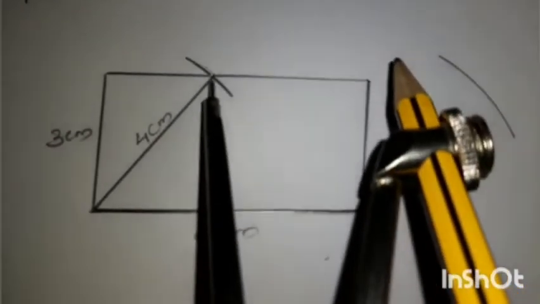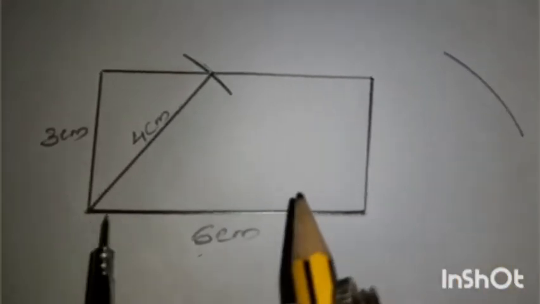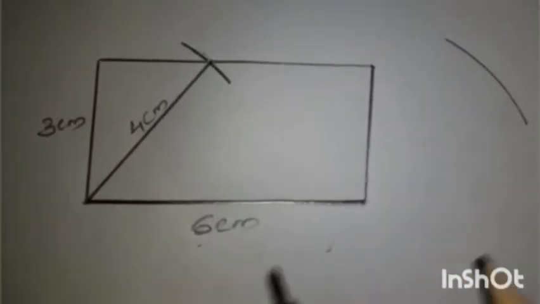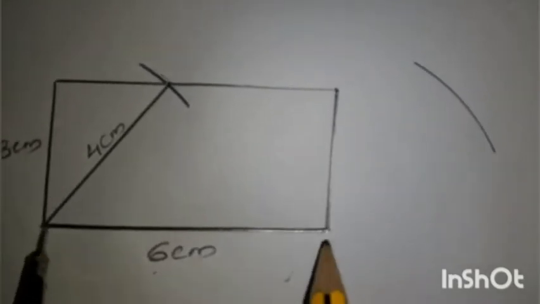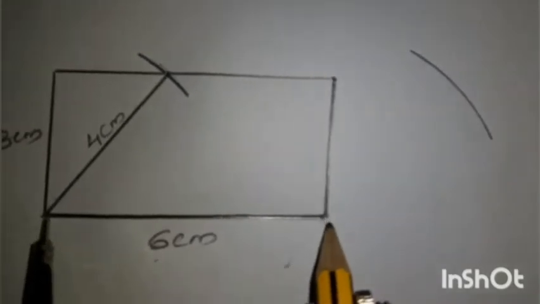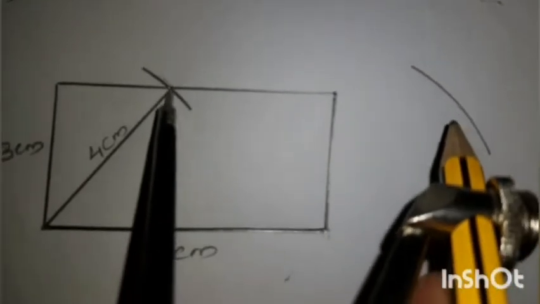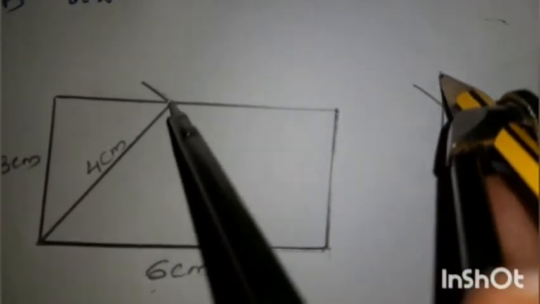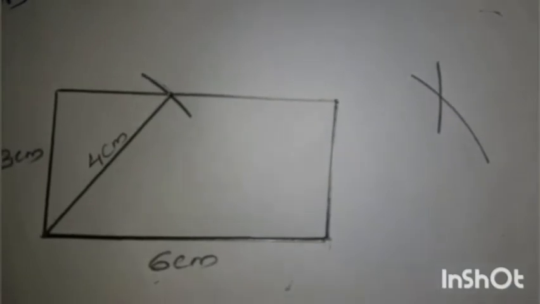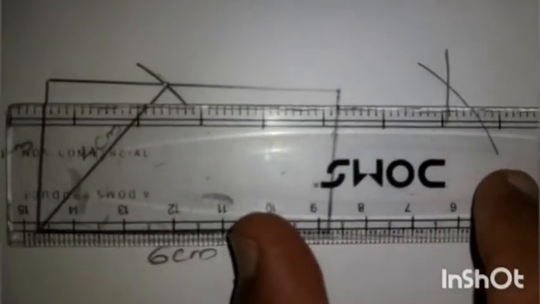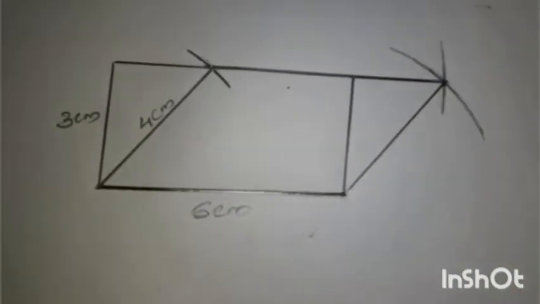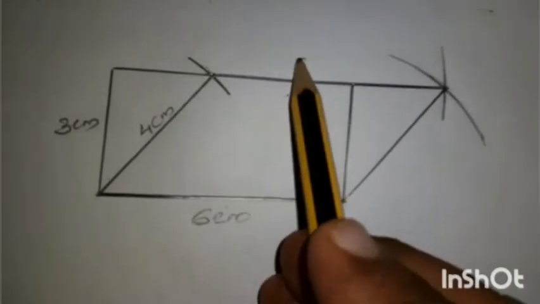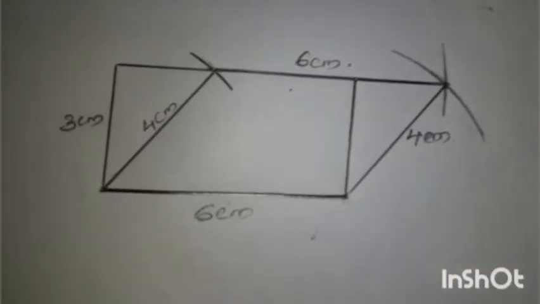10. From this corner, you have to draw a 6 centimeter line because the parallel side is 6 centimeter length. Take 6 centimeter in your compass, or the bottom length you can take it. Then draw another arc from this corner. Then you have to extend this line, the top line, and join this one. So you got a parallelogram of 6 and 4 centimeter opposite sides.